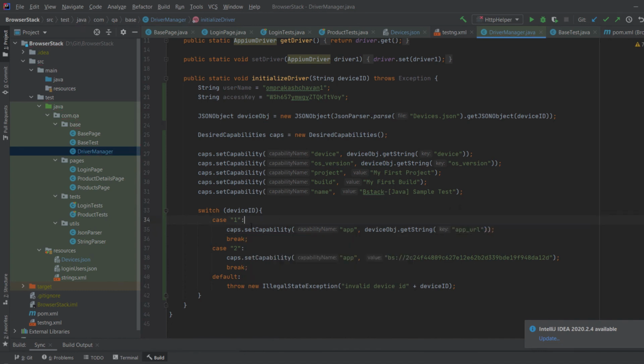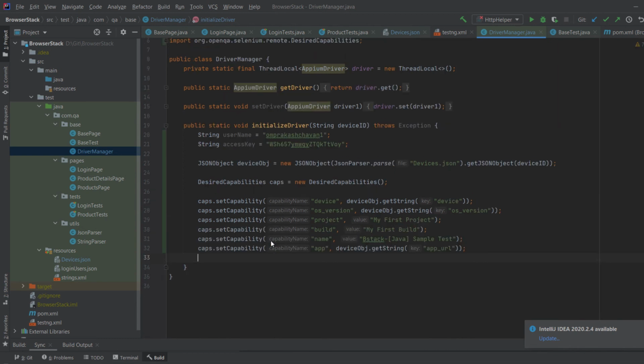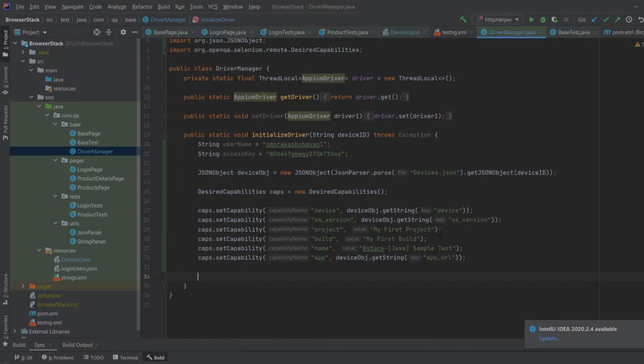And now in this case, we don't need the switch statement because this will be handled at runtime based on the device ID that we are going to supply. So I'm going to remove this command from here and then paste it over here like this, and then I'm going to delete the switch statement. So actually we will need the switch statement but for a different purpose. So let me bring it back.